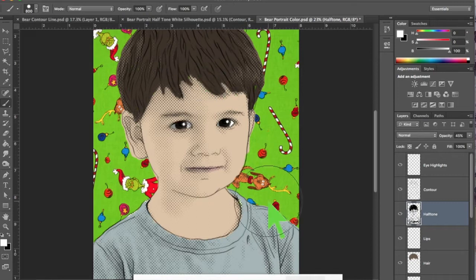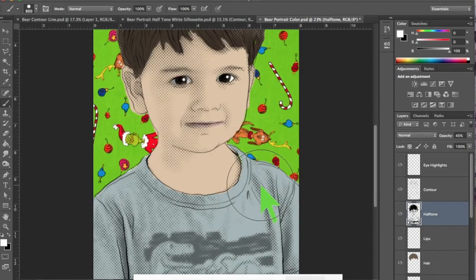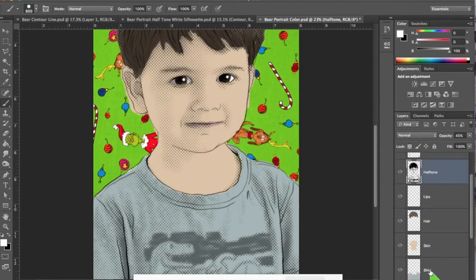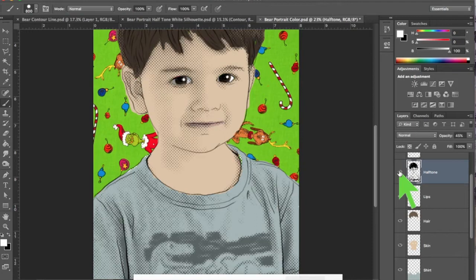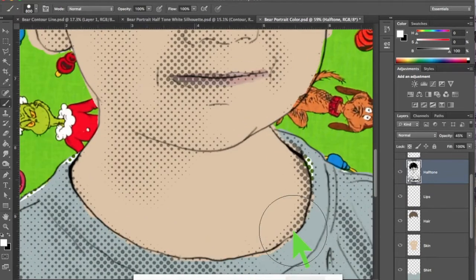Okay, I noticed down in my shirt, where I basically just have this gray color for the shirt, I turn the halftone off, right? I lose my shading, and shading creates a more 3D look. If I turn my shading back on with the halftone, and now with the opacity turned down, it,